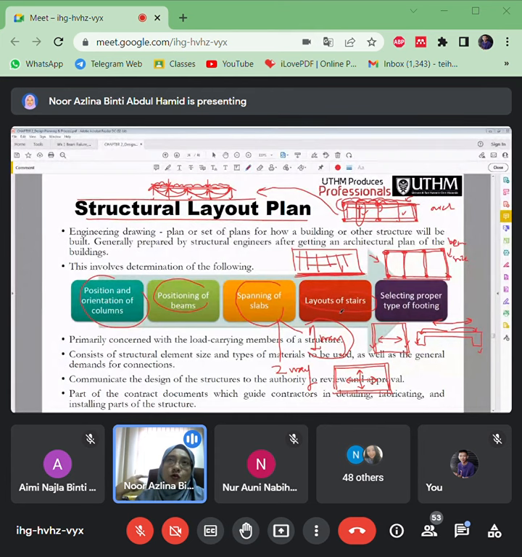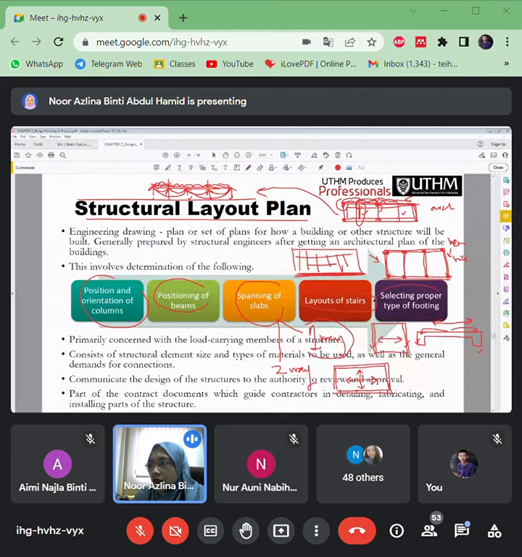Tapi once you go upstairs, let's say for the first floor, there's no slab, right? Within the area of the staircase. That means there's a void there. There's no slab there. That means you have to ignore the loading of the slab within the staircase area, especially once we design for a first floor, a second floor.